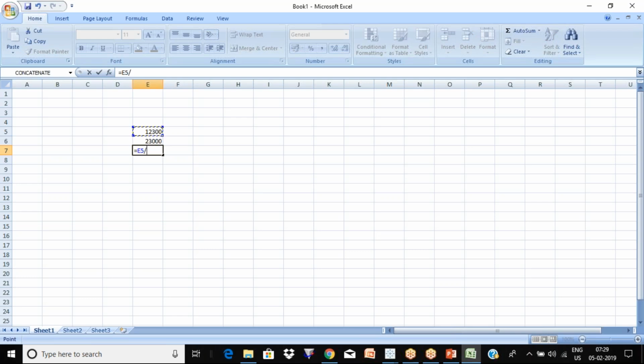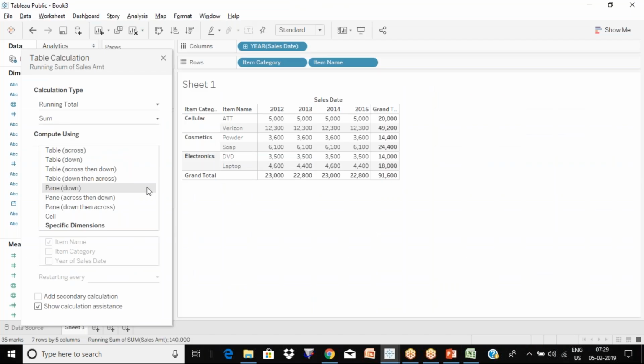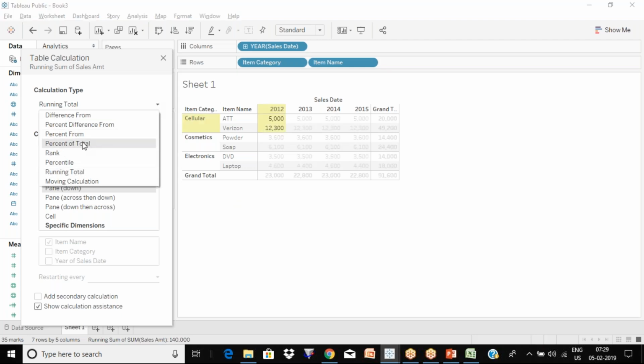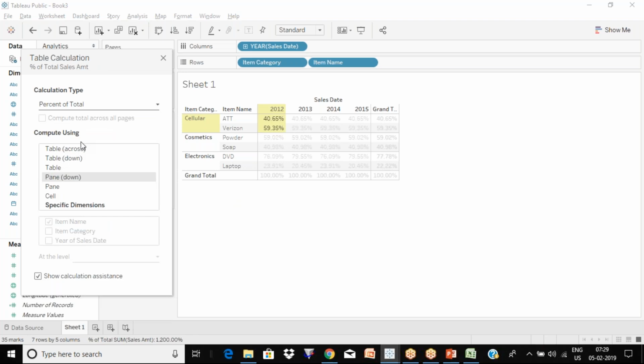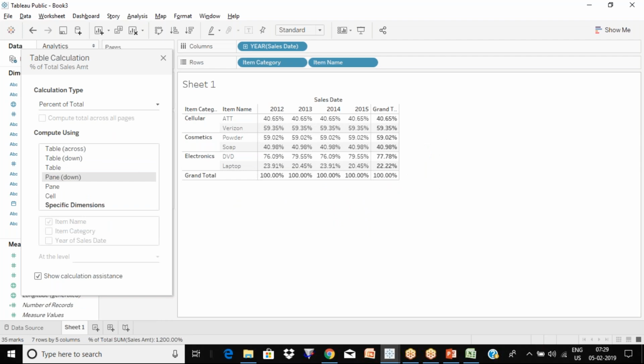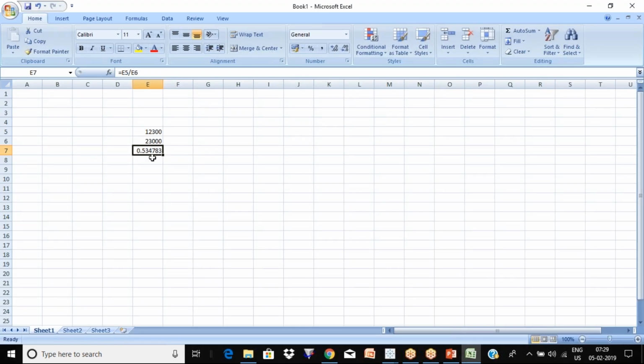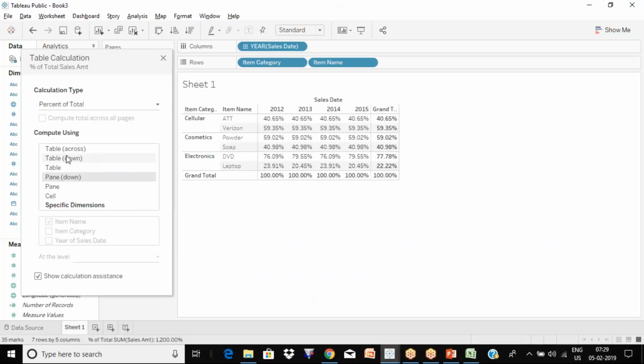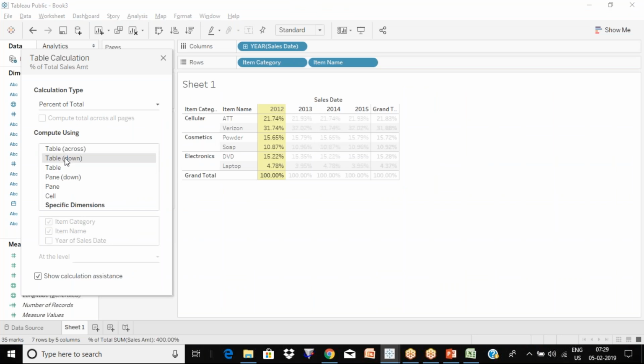Now this divided by this. If I go to percent of total, you see 59.35. Oh no. So let me do